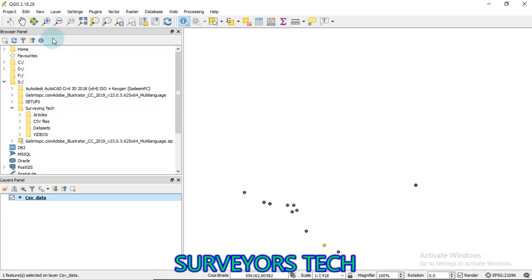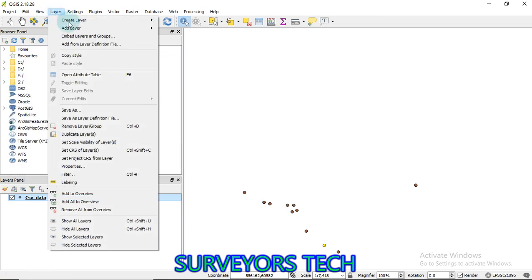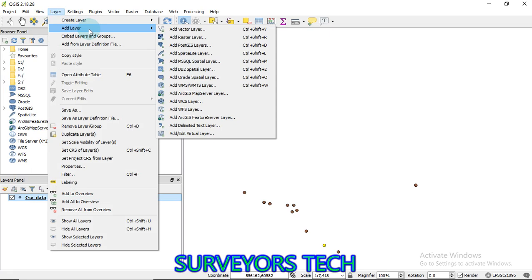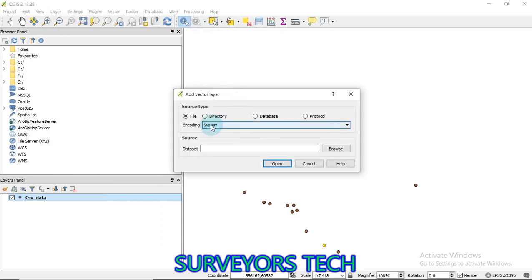So if you want to add some other kind of data, which is polygon, because that is vector data, you come to add the vector layer. Here the source type is a file, and we are looking for that particular file, a shape file.